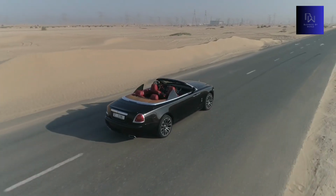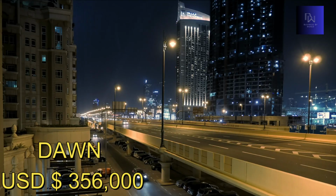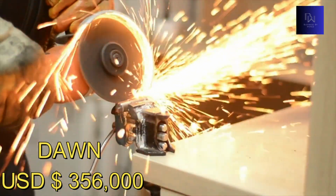The Dawn is a convertible version of the Wraith, with a starting price of around $356,500. It shares the same engine as the Wraith, but with the added bonus of being able to enjoy open-top driving. The Phantom is the flagship model of the Rolls-Royce lineup, starting at around